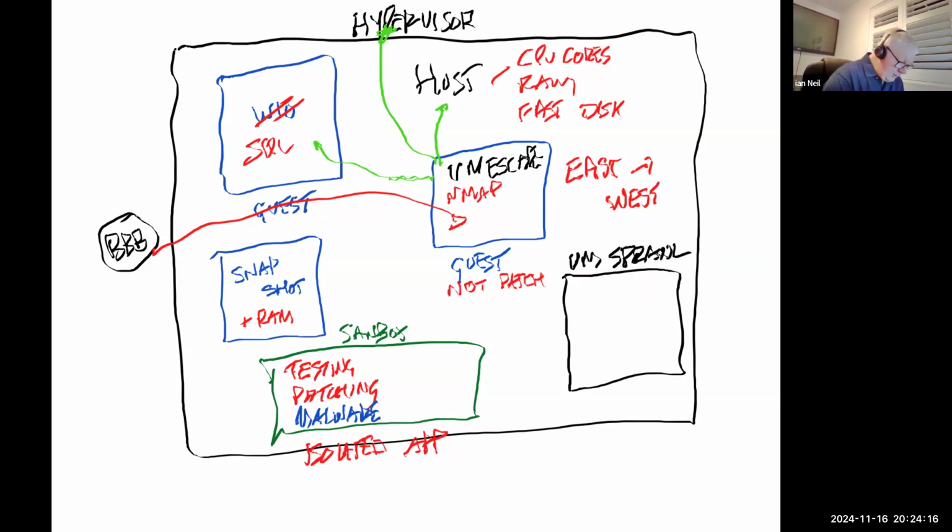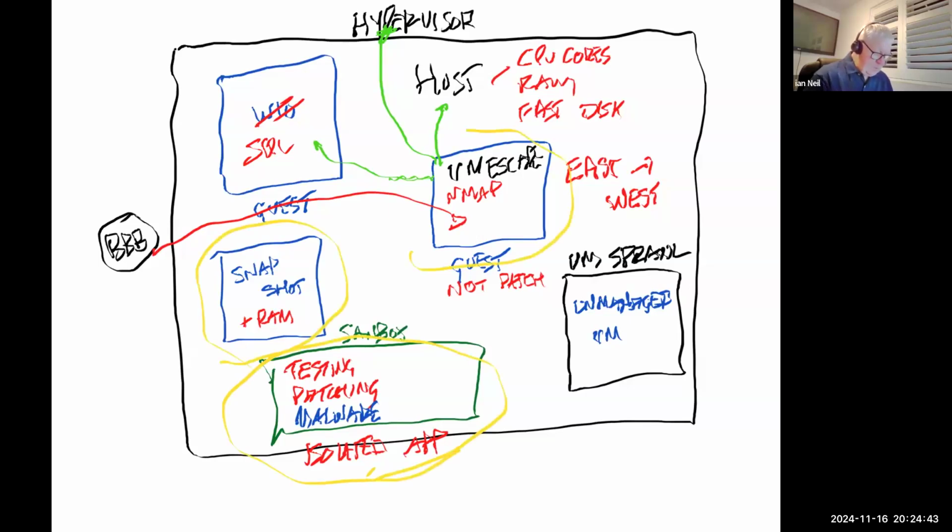So it is actually an unmanaged virtual machine. So if the administrator doesn't know it's there, he's not going to patch it. So things that are popping up and are really crucial are your sandbox, your snapshot, and your VM escape. These are the areas in virtualization that the examiner tends to focus on.